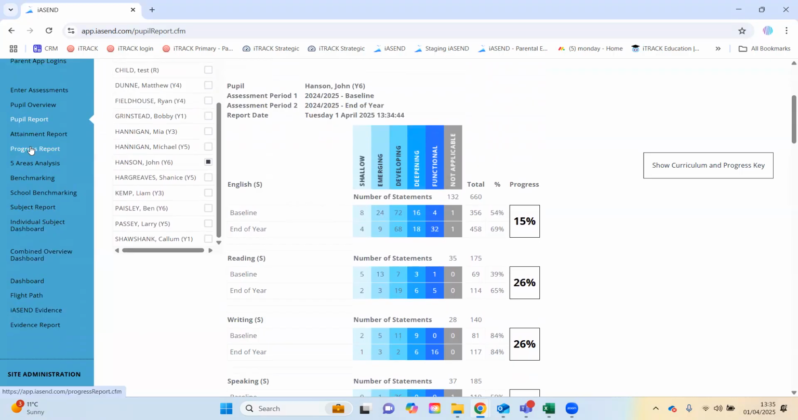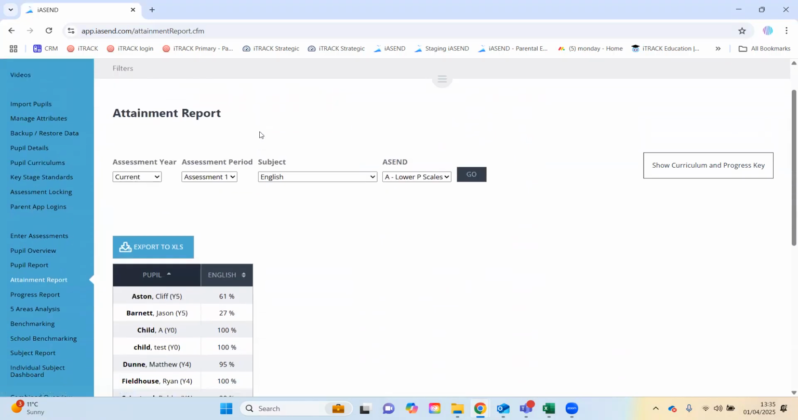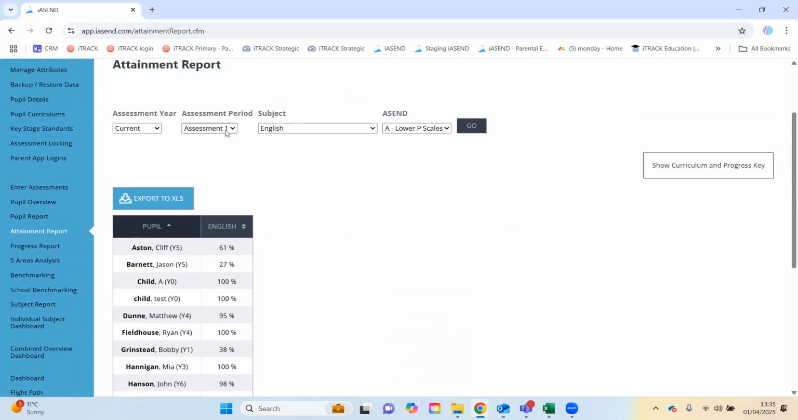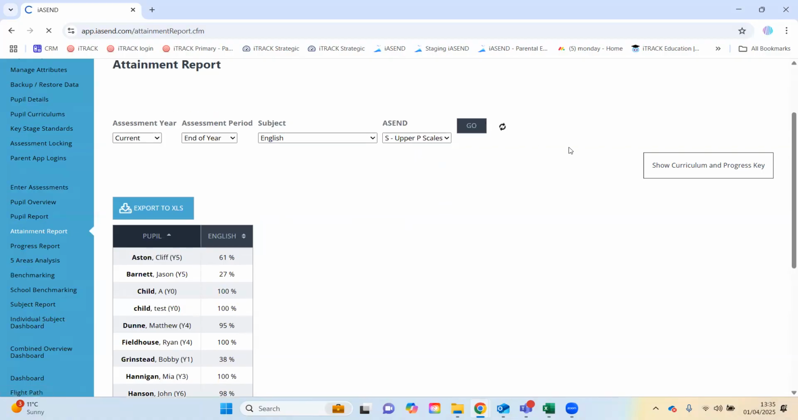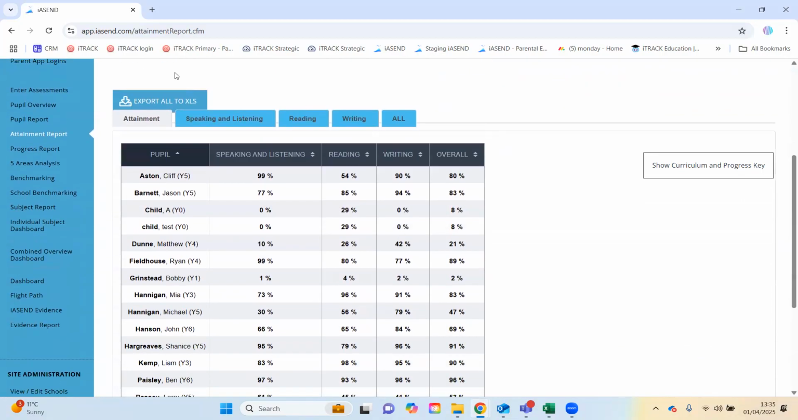The next 2 pages are the progress and attainment report. So we'll go to attainment report first. Obviously, because we're looking at attainment, we're just looking at one period of time. So I'm just going to go to end of year. And obviously the components for English only come in from the S curriculum and above, which is why we can't see them here. If I go to the S curriculum and press go, you'll now see that we have some